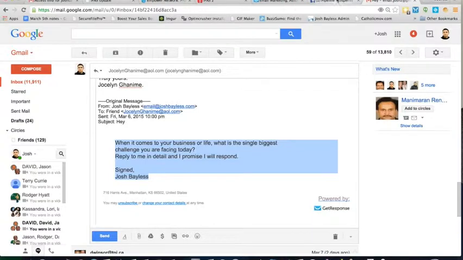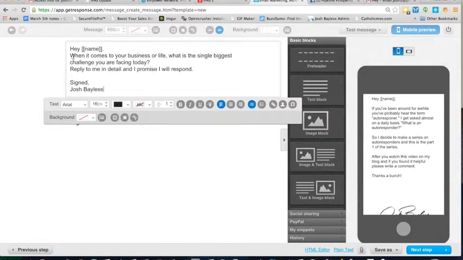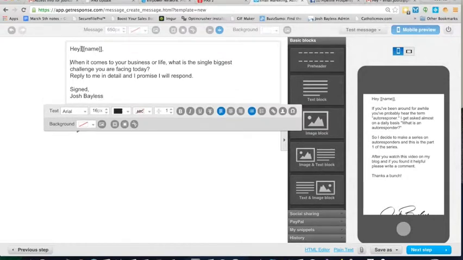And I suggest that you set this up also for an autoresponder, because it works really well. So I'm just going to paste that. And what I've got here is name with those brackets around it. And what happens here is the person's name will automatically be populated into that as long as they put their name in it. Now, if they didn't put their name into your capture page, then this will be automatically populated